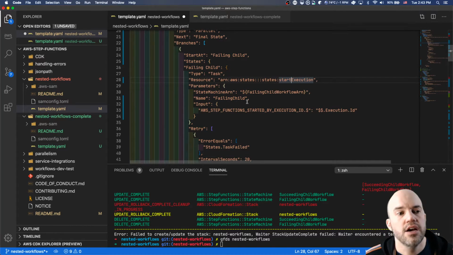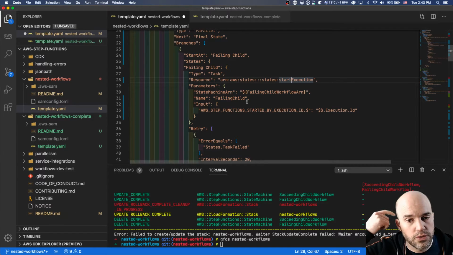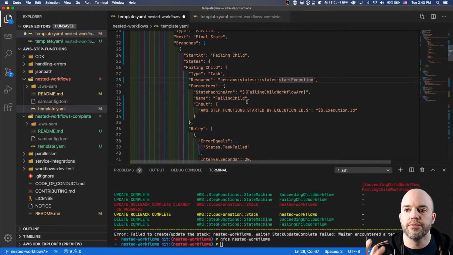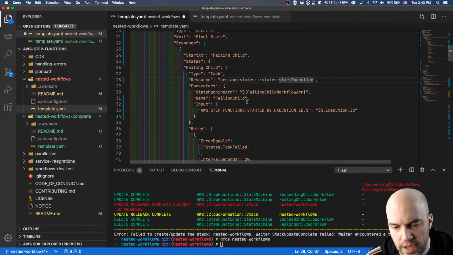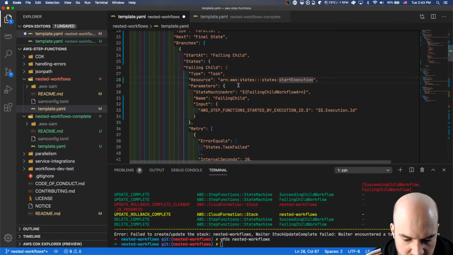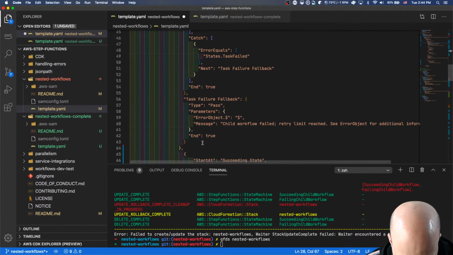More specifically, you can think of it as executing the API call to start an execution, and it receives the start execution response object, right? So that's going to have some implications for how we think of this. This is all formatted correctly. Task failure, fallback,